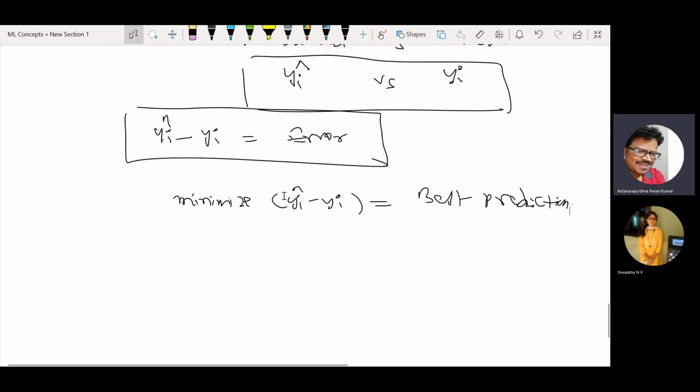But the ultimate goal is whether the appropriate model can get the appropriate outcome in a proper way. Appropriate outcome in the sense, if you consider the erroneous situations, like the difference between the predicted value and the actual. If it is more, then it is erroneous. Our model is not good. If it is less, that means whatever predictions I am making are very near to the actual value, then we can say that is a best prediction. So obviously our aim is to minimize the error.